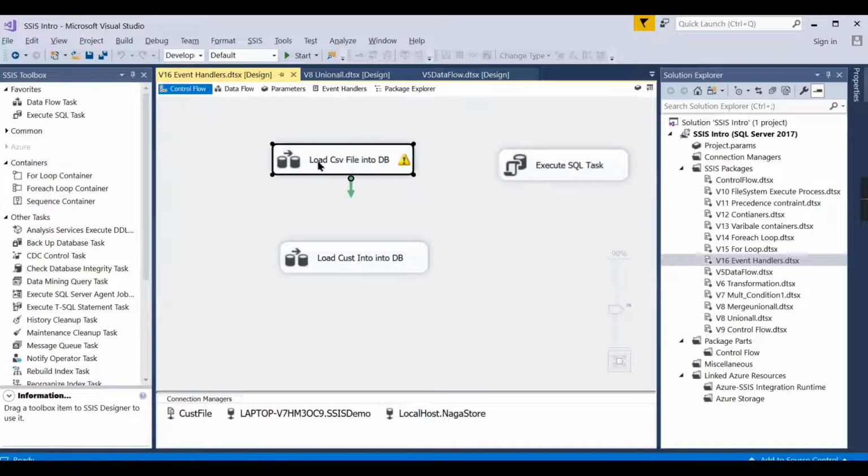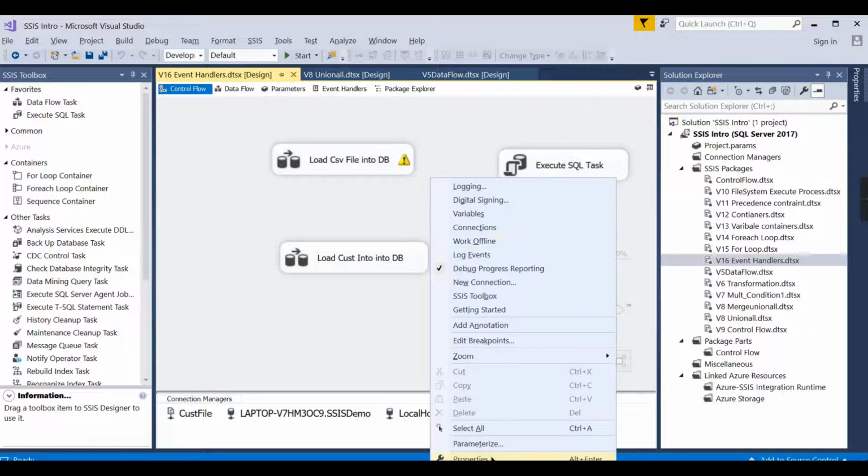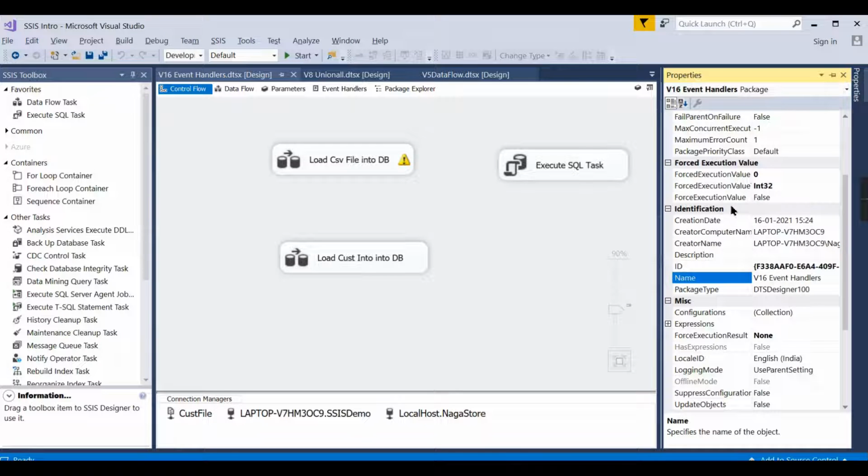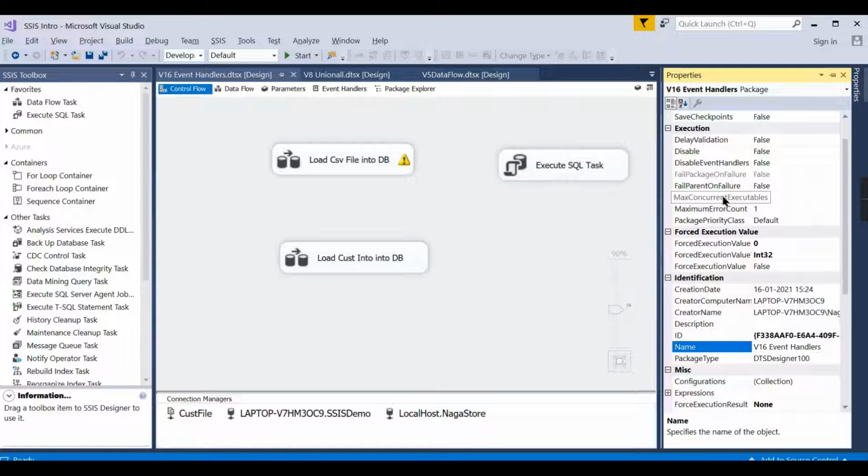So you can see here in this package, these tasks run in parallel. If you execute the tasks in parallel, then your performance will be much faster. But too much parallelism also causes issues. It depends upon how much buffer size you allocated for SSIS. So be aware of that, and you can see here some properties you can enable, like maximum